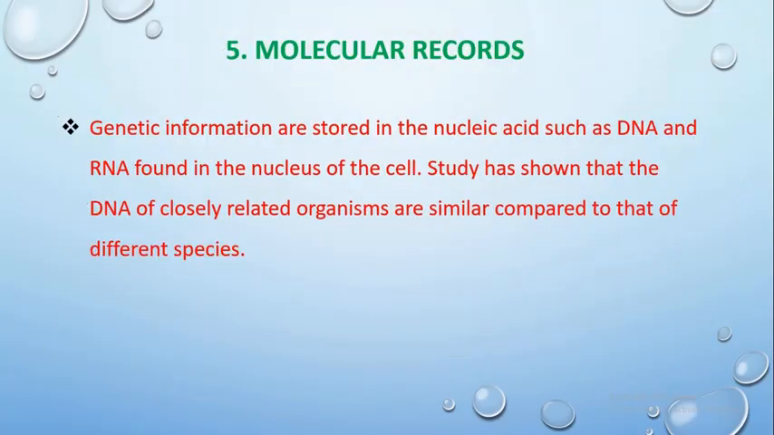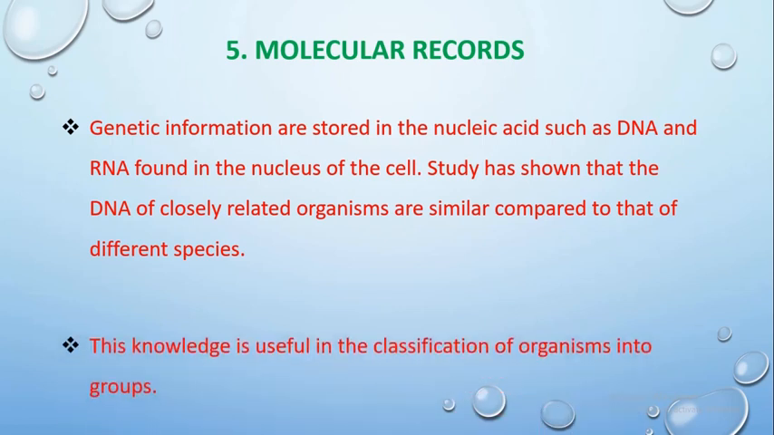So let's move on to number 5, molecular records. Genetic information is stored in a nucleic acid, such as the DNA and RNA found in the nucleus of cells. Now, studies have shown that the DNA of closely related organisms is similar compared to that of different species. This knowledge of closely related organisms having similar DNA has been useful in the classification of organisms